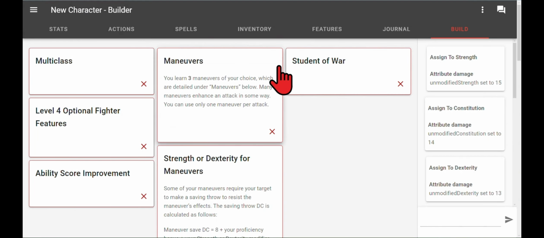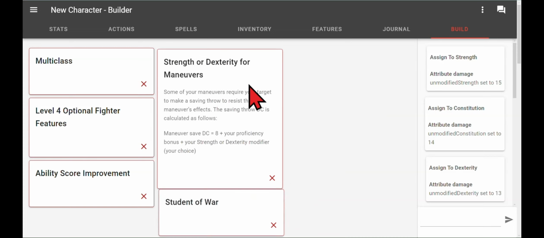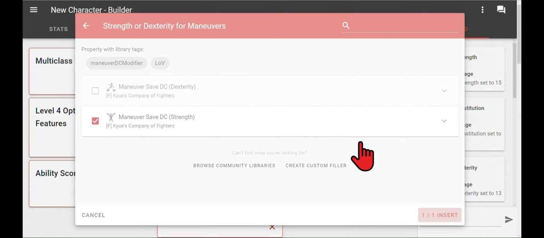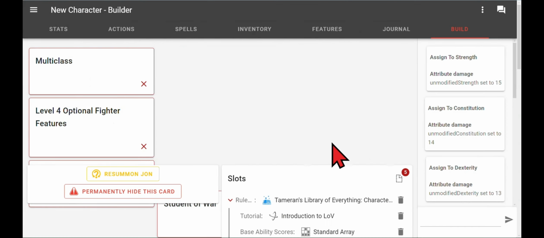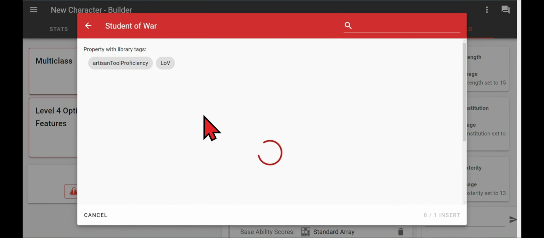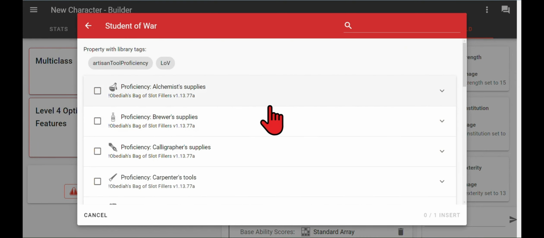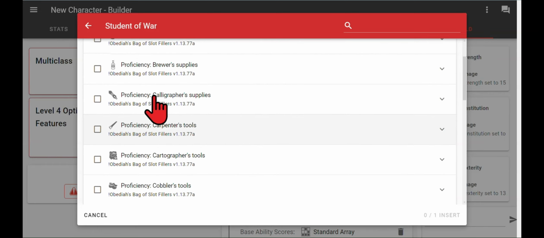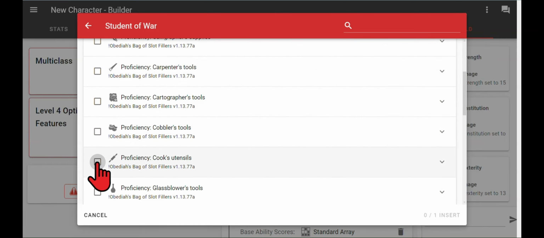So just like D&D Beyond, the builder lets you build it. It shows you what comes next, what comes next, what comes next. Okay. Our student of war. What proficiency do we want? Let's be a cook. Okay. Optional, so level 4, optional features. Okay,